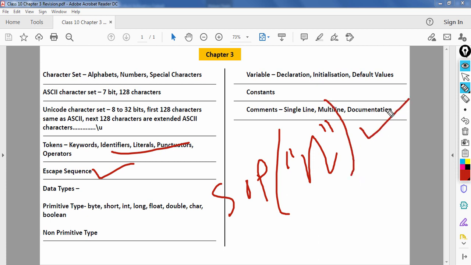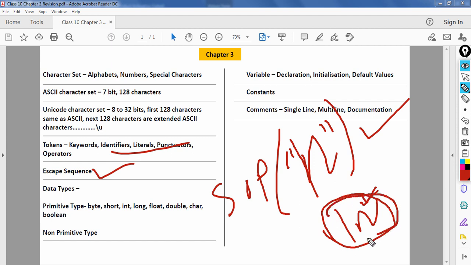But if you give a backslash here, backslash n, the meaning will completely change. This n will not be considered as the normal character n anymore. This n will now be taken into consideration along with the backslash.